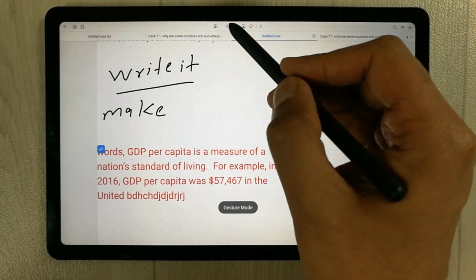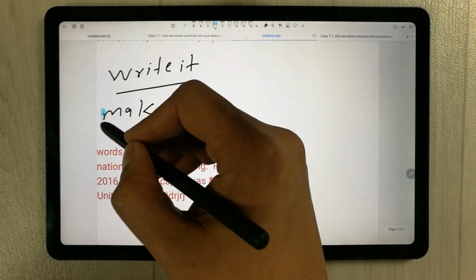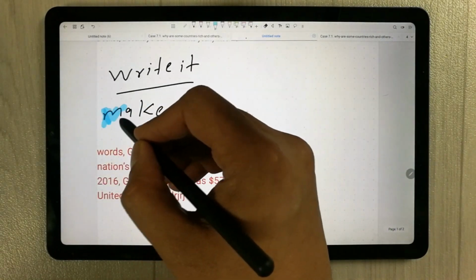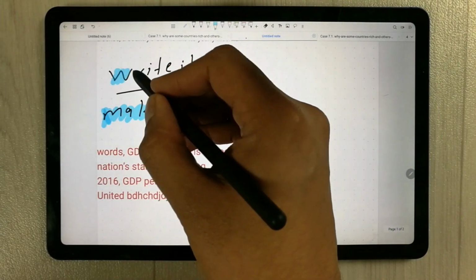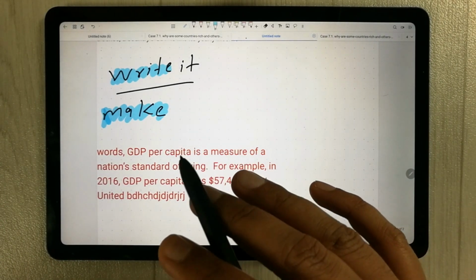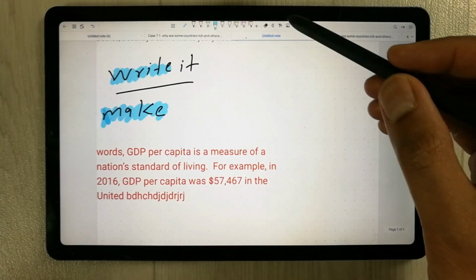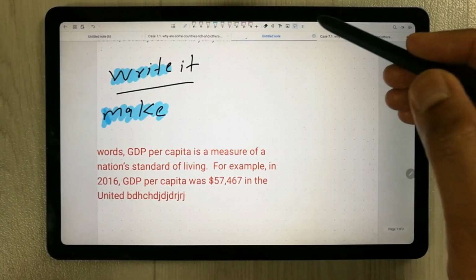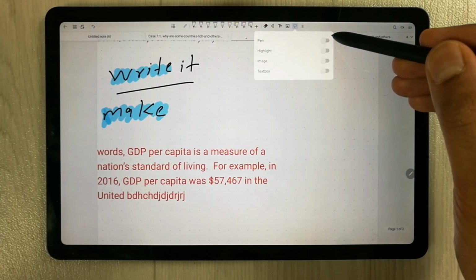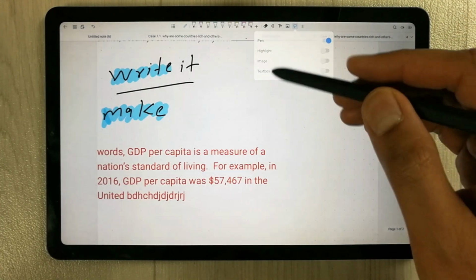First, I will highlight some of this handwriting you can see over here. Now, for example, I want to select only the handwriting, not the highlighter. Simply I go to this selection tool, double tap, and only select the pen.